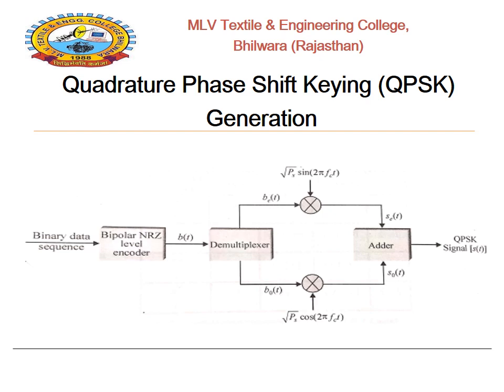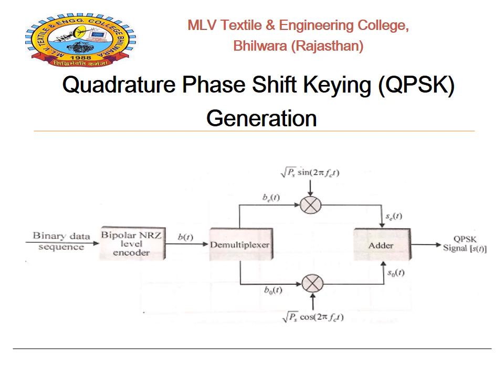Next, b(t) is given to the demultiplexer. The demultiplexer basically provides two forms of b(t): b_e(t) is the upper part and b_o(t) is the lower part. b_e(t) represents the even part of b(t), and b_o(t) represents the odd part of b(t). So basically the demultiplexer provides two forms of b(t). The first is the even sequence, or even part, and the other is the odd sequence, or odd part.